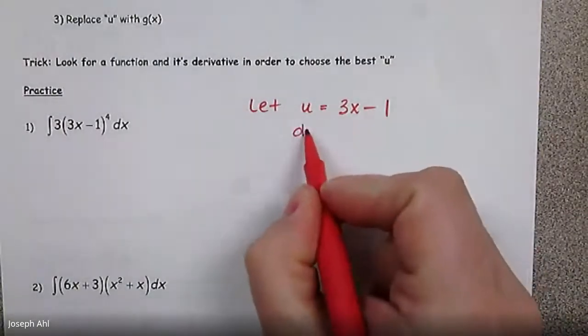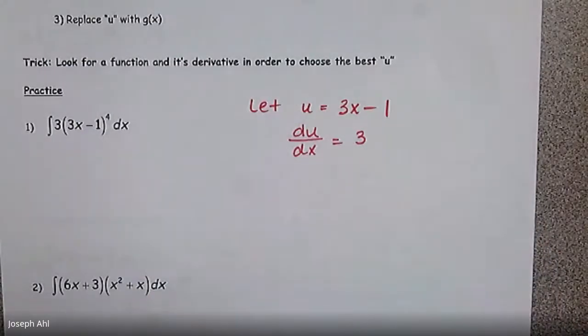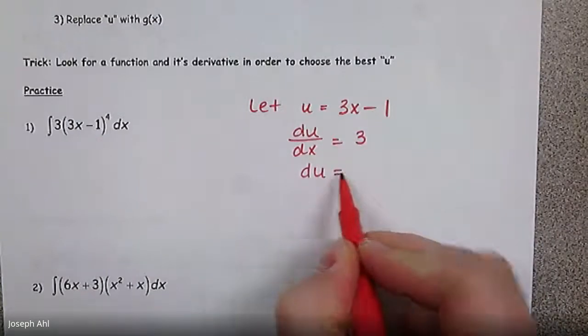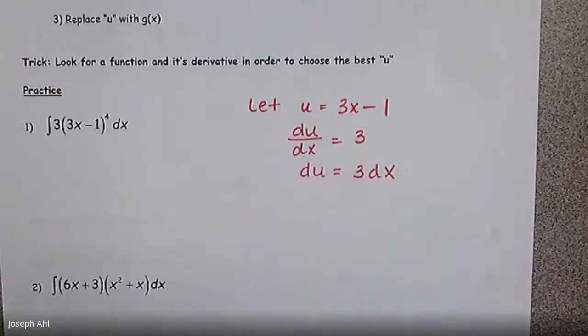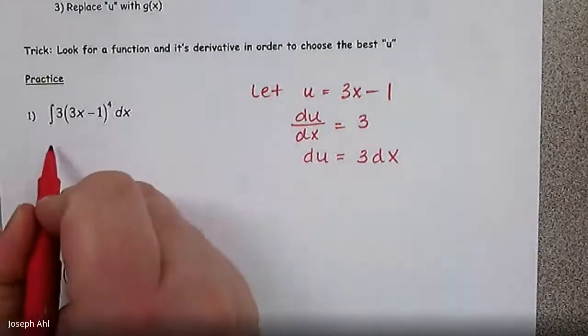So therefore, when I take the derivative of u with respect to x, that's just going to be 3. And more commonly, what you'll see is that we'll move the dx to the other side just so we can define that du is equal to 3 dx. So based on what I've now written down as my u substitution here, I can replace this integral with the